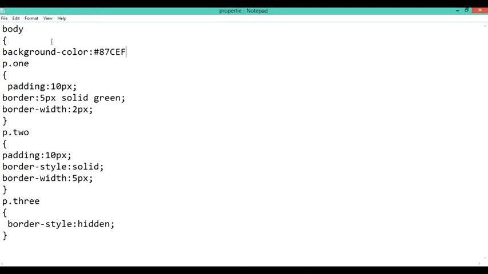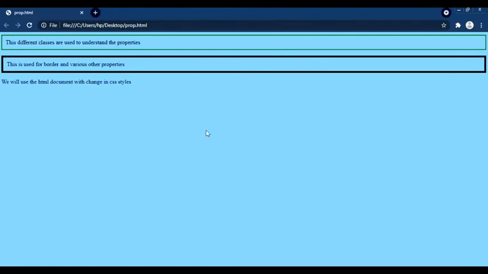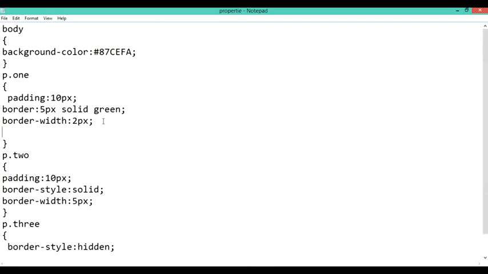You can just search the hash codes of colors that are available in CSS and use that property accordingly. I'll add that also on my Instagram page or on my website, so that it is easy for you to understand different colors. So it is a background color, and we can also give the background color by just naming that particular color.